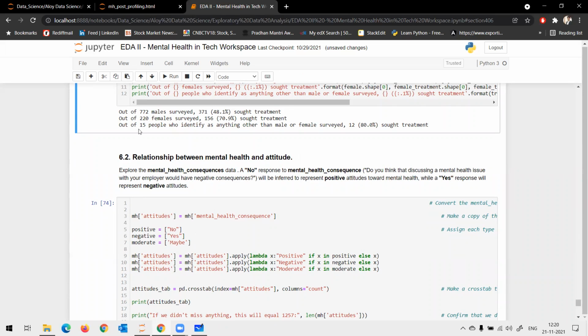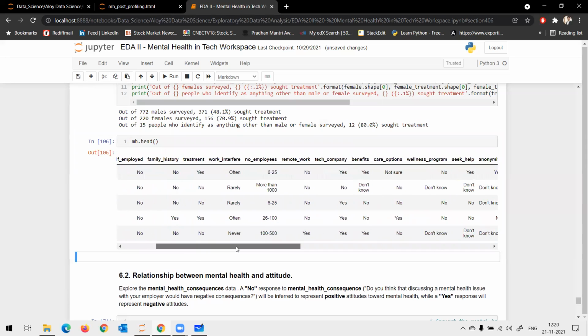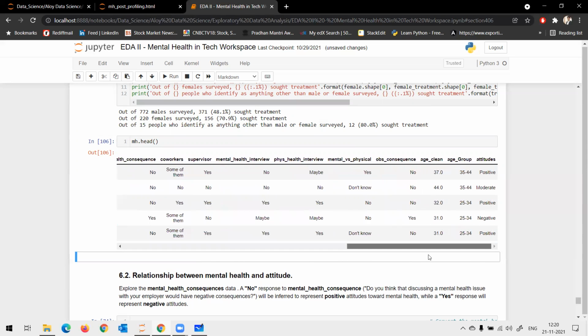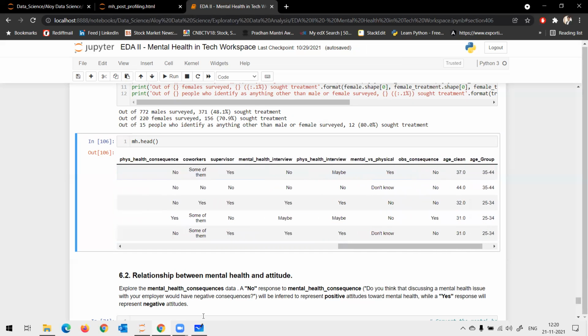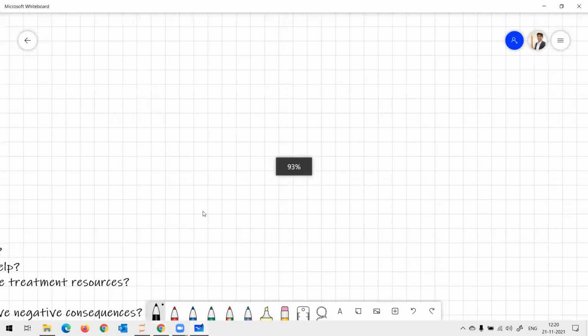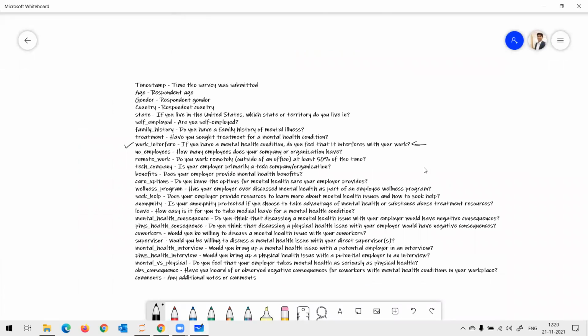Now, with the data what I have, how can I find the attitude of the company? Basically this column. Which column can I use to find the attitude of the company?